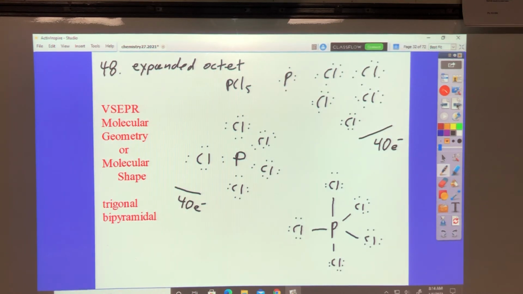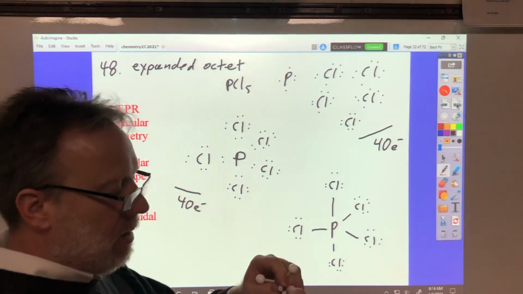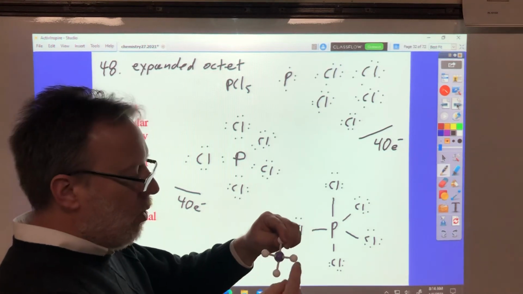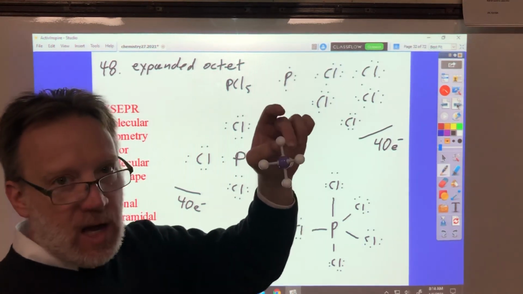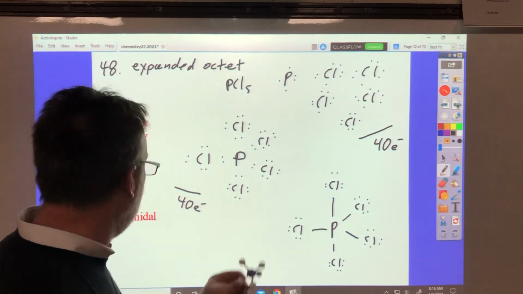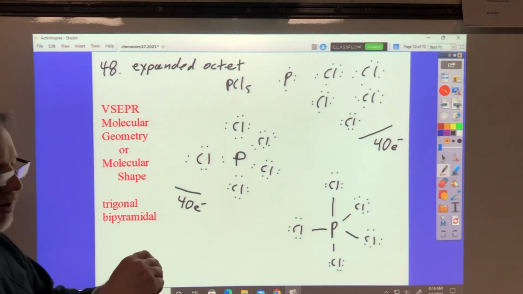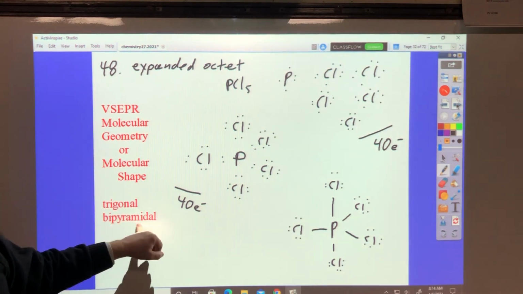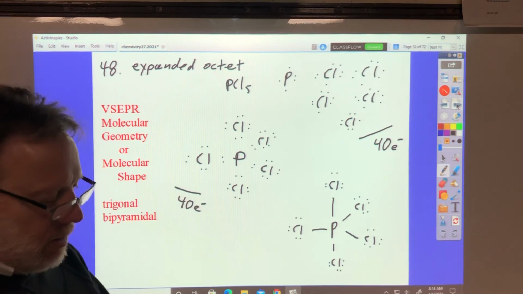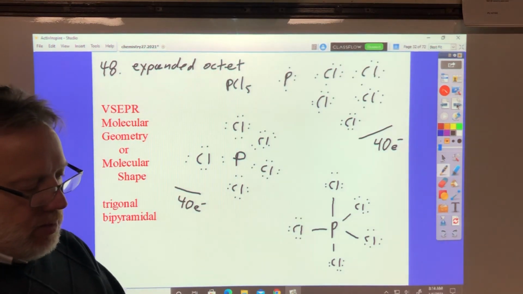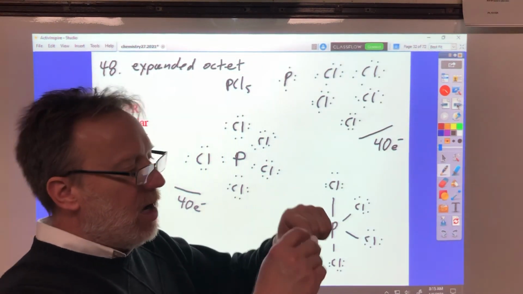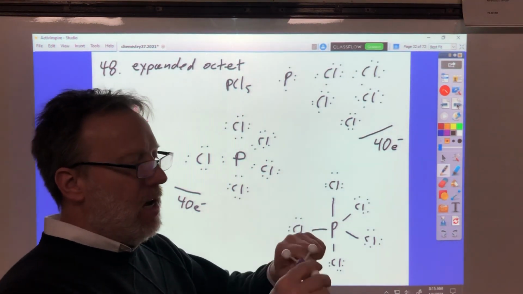Yep, the one I just had in my hand, actually, we can do this with. I just had to add these back in. Okay, here's what you have: 1, 2, 3, 4, 5 atoms around a central atom. And the molecular shape or molecular geometry here is trigonal bipyramidal. So here's a plane with a triangle in it like we just had. If I stick one on the top, let's say, then I have a little 3